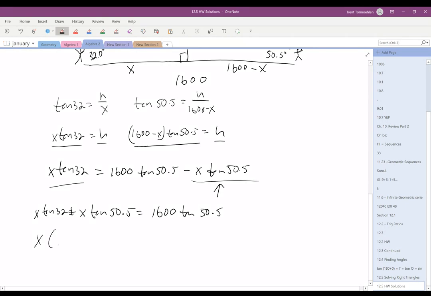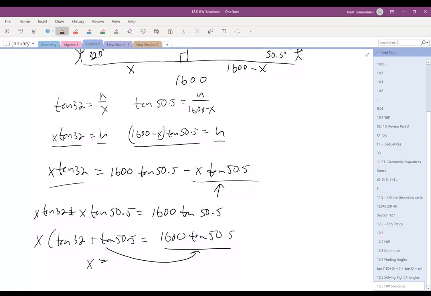Factor out the x, and now we can easily solve for it by dividing both sides by this, right? We're just dividing that. So we do 1,600 tangent 50.5 divided by parentheses tangent of 32 plus tangent of 50.5. And that equals